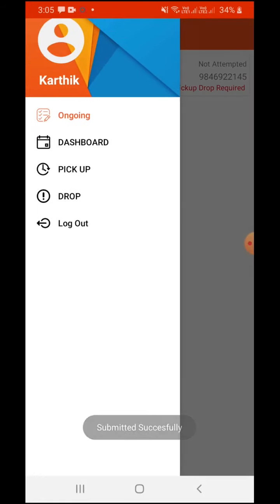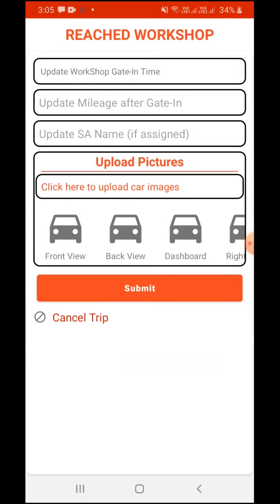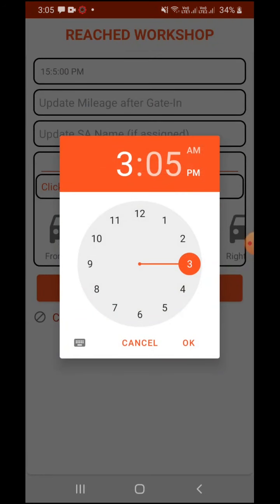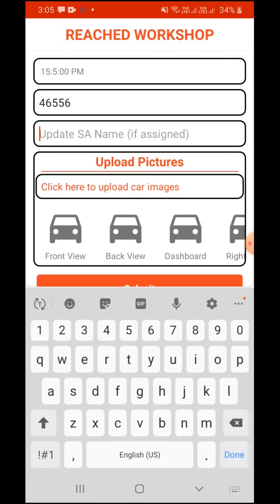So now we have this ongoing task again, which will be ended once I have completely taken the vehicle from the customer's place and have reached the workshop. So this is the final workflow which says that I have reached the workshop, and I'll have to enter a few things, saying what is the gate in time, what is the mileage after gate in, who is the service advisor. So let's take it as test advisor,